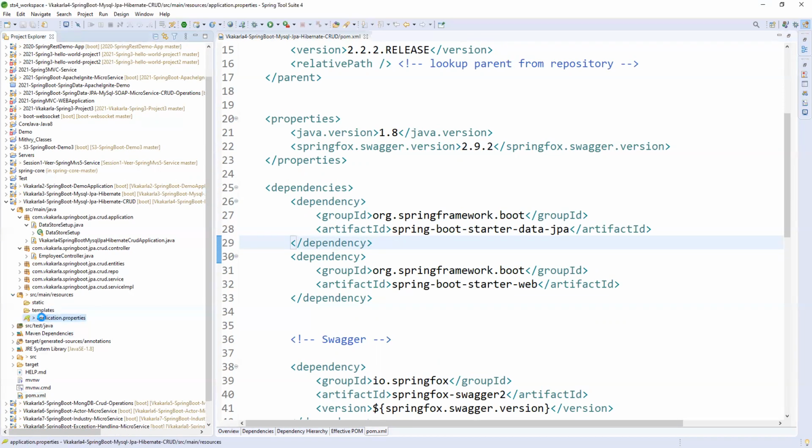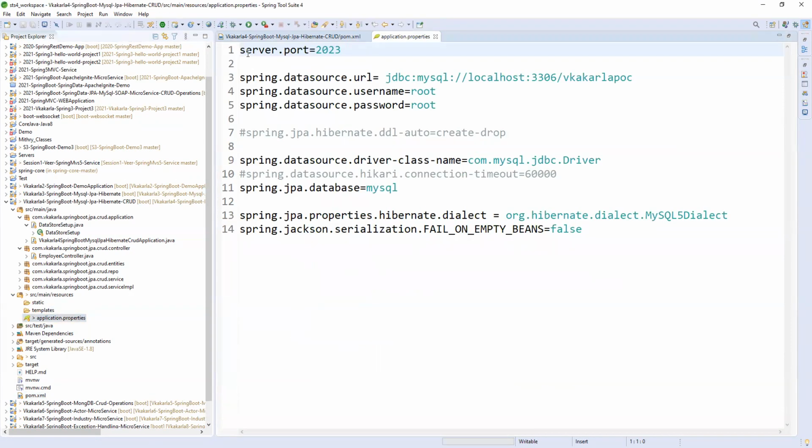Now you can open application.properties. So here is the application.properties. See, port number, we can give our own port number. So this is the data source URL. Spring is providing a key called data source URL where we can connect our database. So jdbc:mysql. If it is MySQL, you need to give MySQL. If it is Oracle, you need to give Oracle. Like that, we need to give our SQL database. So //localhost and 3306. The default port number of MySQL is 3306. This is the port number.